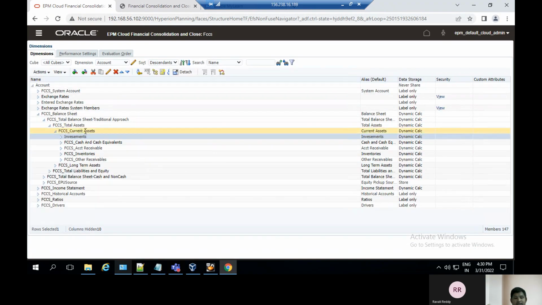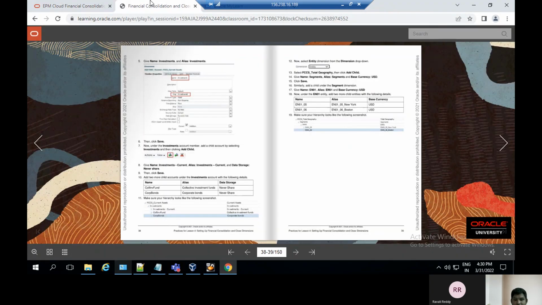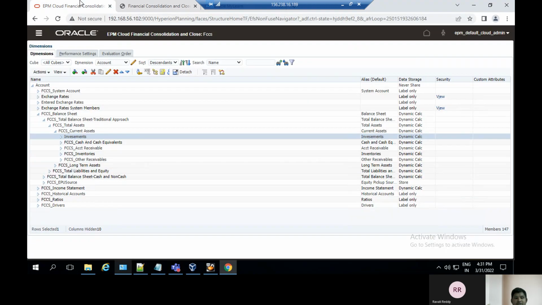Here, under FCCS current assets, a child is created; FCCS current assets is the parent. Create the investments here, and then go to the navigation, under the investments account member, select investment and add a child. The name is investments current, and the alias name is investments current. Data store is never share, and go to the application, I will